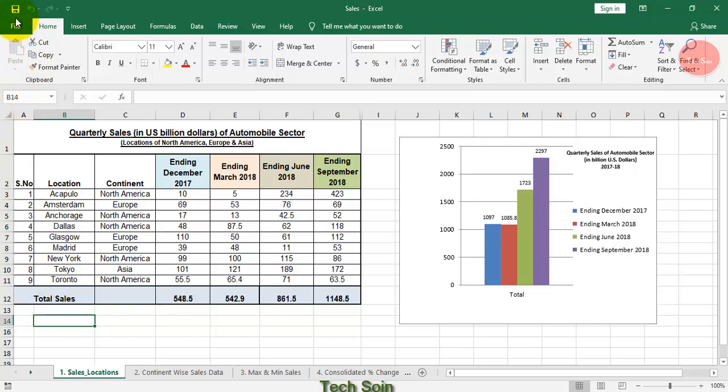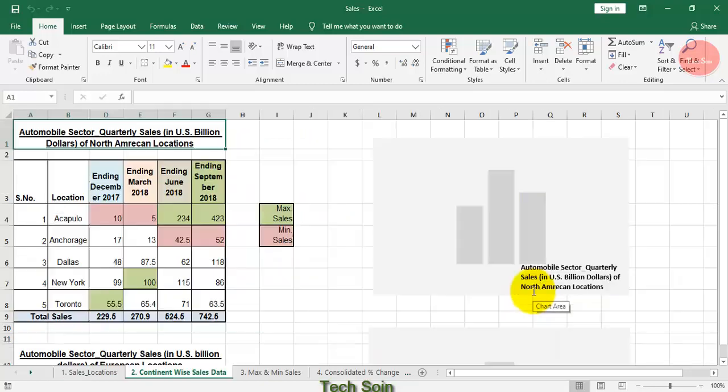Now the very first thing that comes to our mind is why to learn MS Excel. Why is MS Excel so important? Learning Excel is important because it helps to store data in a very systematic way. It allows you to do analysis and present data in a very understandable form. Moreover, you can summarize complex data with the help of graphs and charts.